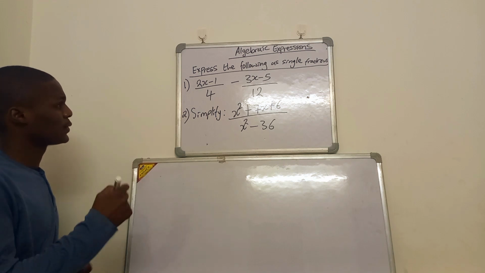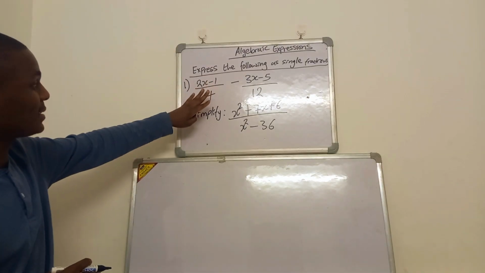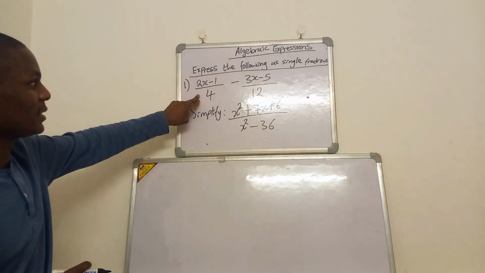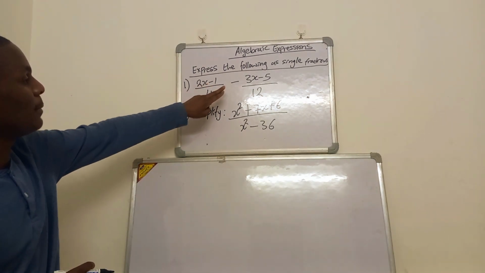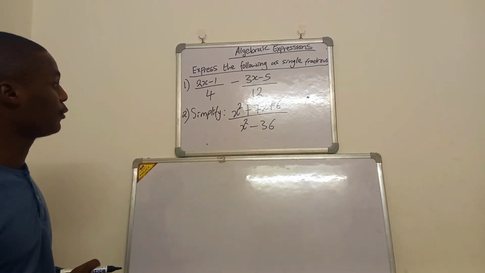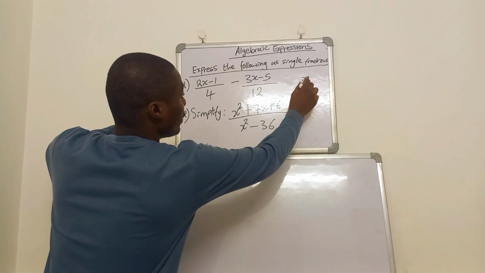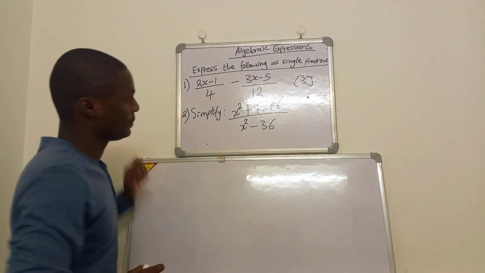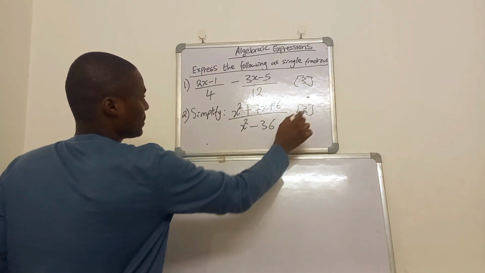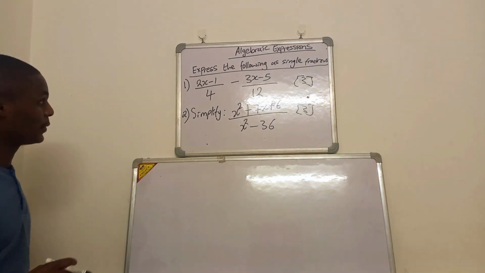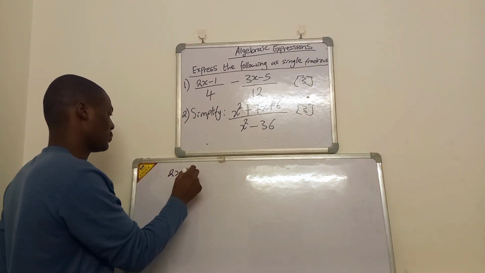Okay, so how do you simplify or express this as a single fraction? You can see 2x minus 1 over 4 minus 3x minus 5 over 12. This question is usually 3 marks, and this one can also be 3 marks. So let's start with this first equation. It says 2x minus 1